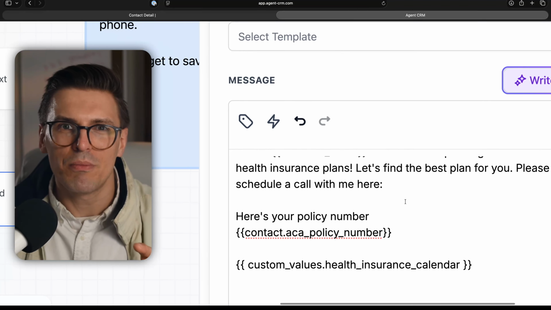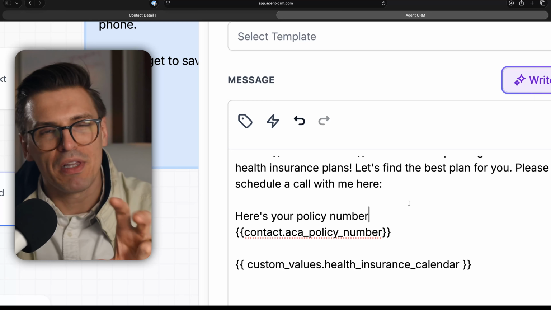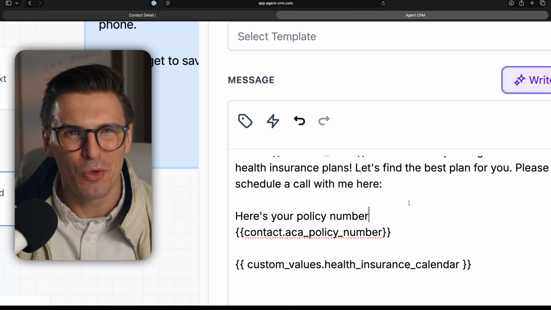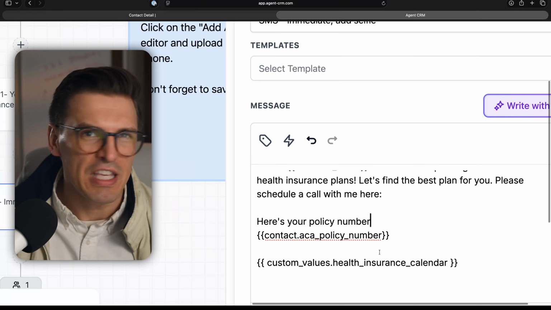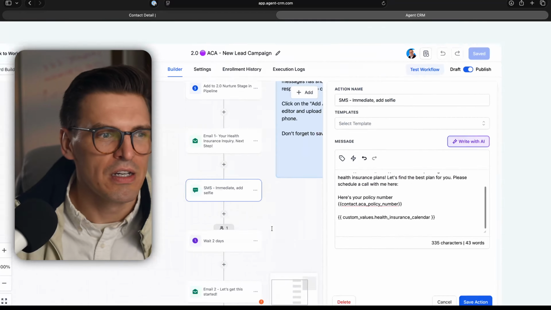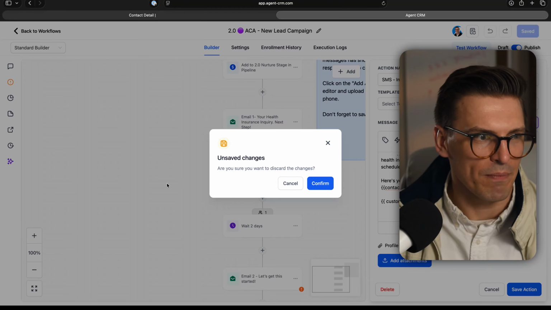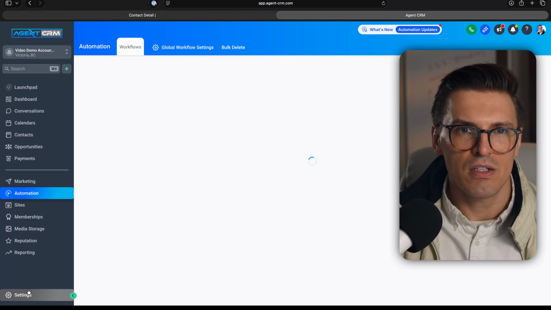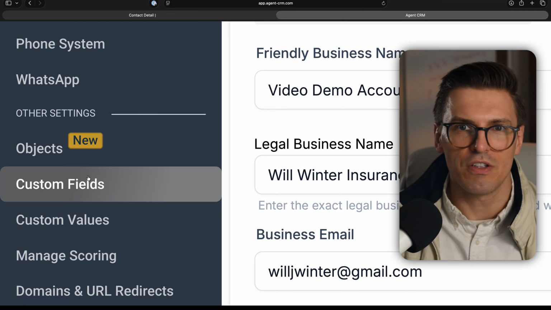And now that custom field is pulling from their contact profile and plunking that information and personalizing it. You can make really interesting or cool personalized messages or just give information in an effective way. Emails and texts, you don't have to manually send it each time. You're using custom fields. So let's go into where these can be found if you're modifying or adjusting them. We're not going to make any changes here. Let's go into settings on the bottom left,